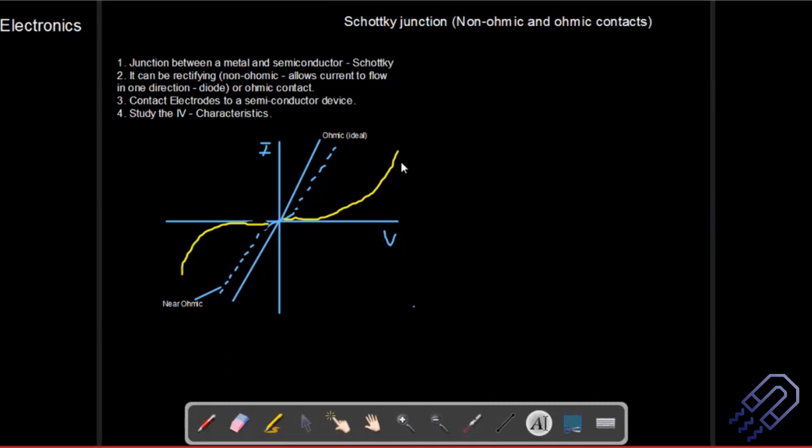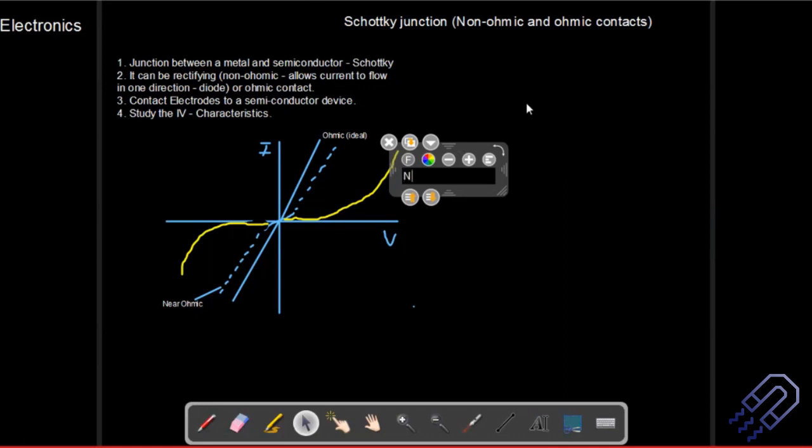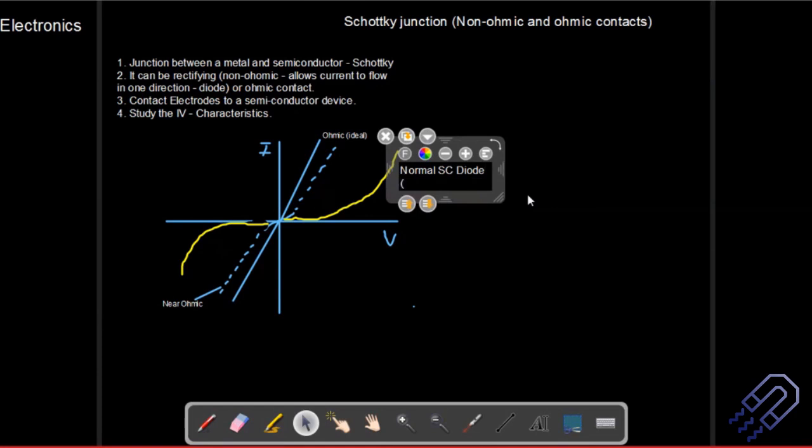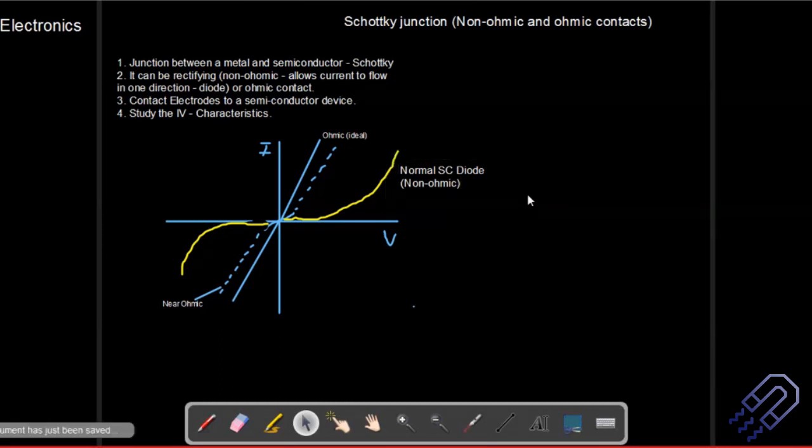So this is a normal semiconductor type. Please understand that these diagrams are very important, and I'm including every piece of information here. This kind of image you might have already seen, and this is definitely not ohmic. This is non-ohmic in nature because it doesn't show any kind of linear behavior. As we draw along the board, I think it becomes easier to understand.